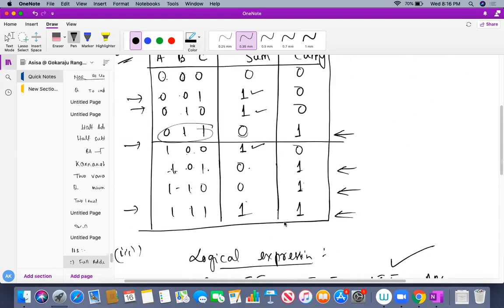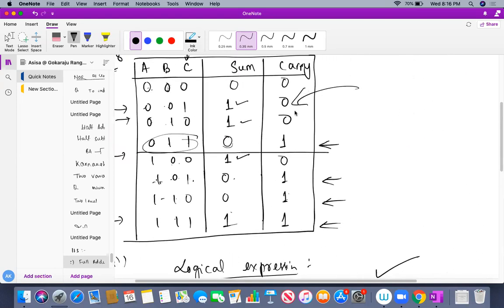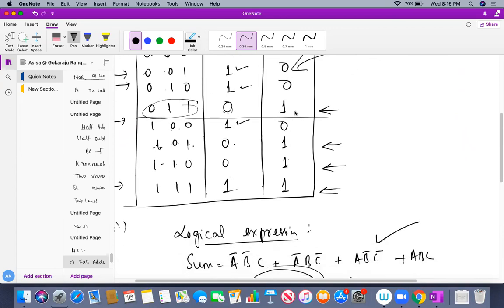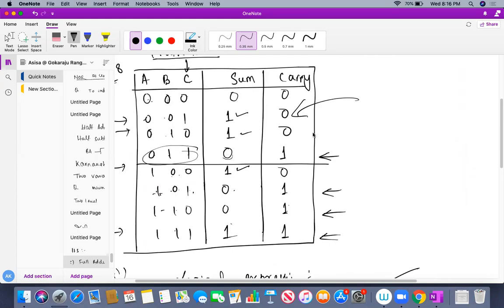Next, if you look at the truth table, what does the truth table tell for the carry, students? Very simple. It's actually a majority of ones function. So the carry is telling me a majority of ones function. Am I correct, students? What is a majority of ones function? If the number of ones is more than 2 or equal to 2, I am getting logic output 1. Here it is less than 2, that's why I am getting a 0. Here it is more than or equal to 2, that's why I am getting a logic 1. Here it is again greater than or equal to 2, logic 1. Here greater than 2, logic 1.